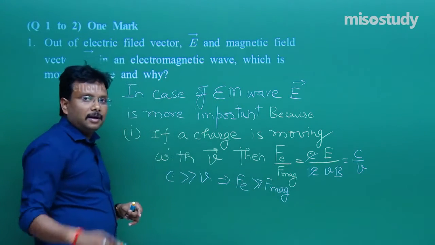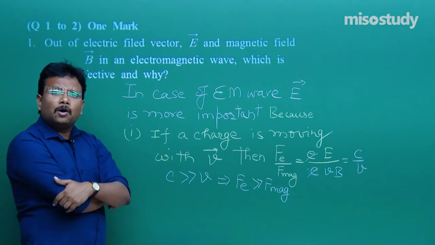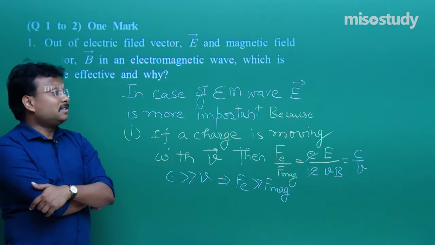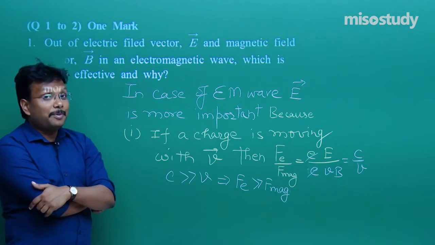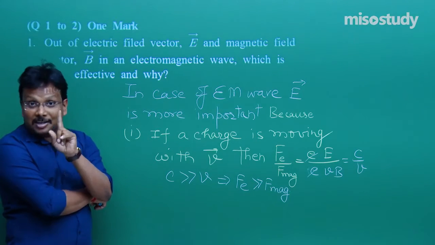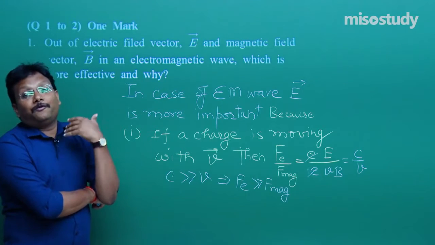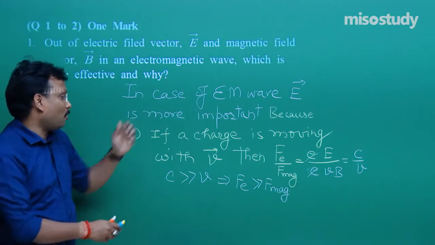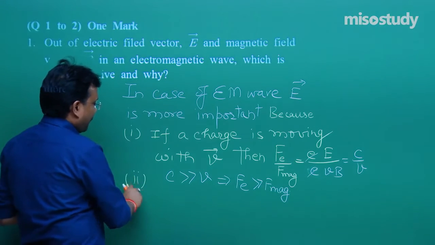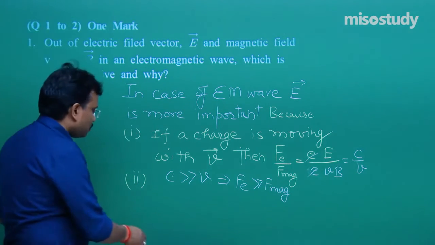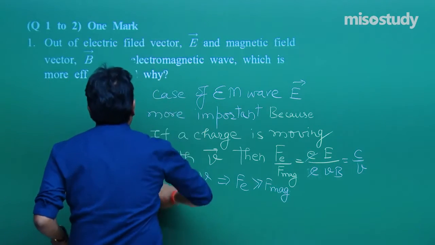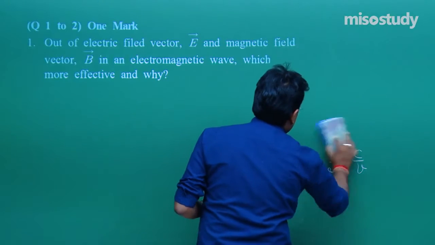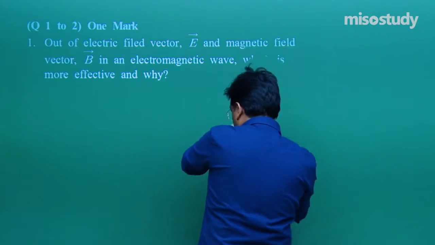This is one reason. Another reason is, try to recall the phenomenon of polarization. In polarization, you know, the electric vector vibrates in all possible directions in unpolarized light. So the phenomenon of polarization that comes in electromagnetic waves is also because of this electric field. So this way, for 1 mark I am giving you so much information, you can use it as per your requirement.